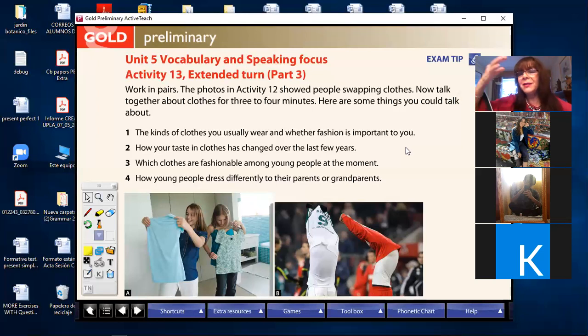Ahora, bien formal, ya, súper formal, entre gente que nunca has visto en tu vida, formal. Yo, por ejemplo, con académicos de otra universidad, mi pregunta es, well, as far as I am concerned, fashion is not important to me. Ya, eso es súper formal, ¿ya? As far as I am concerned, fashion is not important to me. Yeah, but then I have to support, y tengo que decir por qué. No puedo decir así nomás. No, tengo que decir, for example, ustedes que son jóvenes van a decir seguramente, in my opinion, fashion is not important to me,